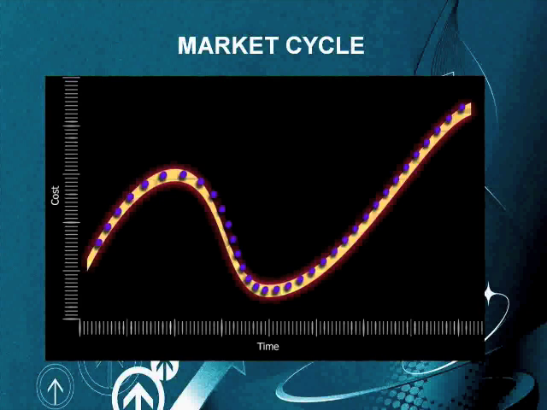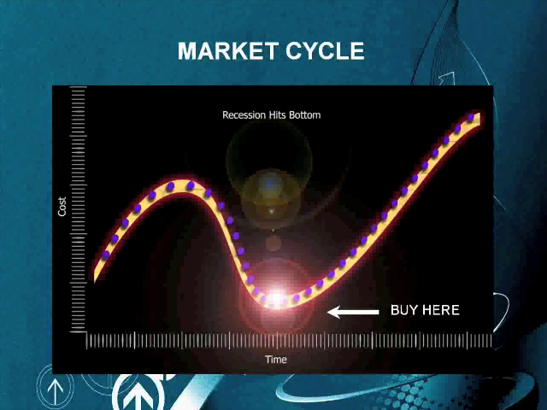Here is a typical market cycle where values go up, values go down over time. And what a lot of people say is, I want to buy at the bottom of the market. You tell me when it's at the bottom and I'll buy. And there's a couple flaws with that logic. The first is the bottom is 1 nanosecond in time. And when we hit that bottom, that nanosecond, you better deploy all of your assets into real estate as quickly as you can. But that's not possible, right? I've been working on deals that have taken 8 months to get to the place they are where I can present them to you today. And in that 8 months, the market is moving and changing.